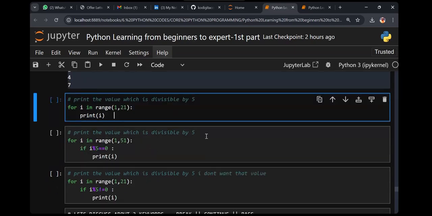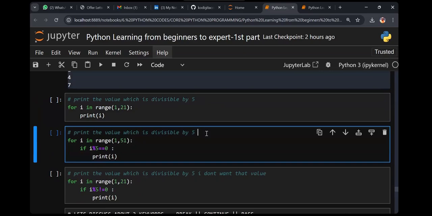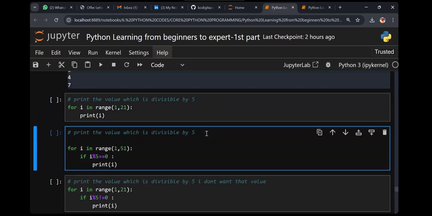So now we have learned if, right? We understood if else, and how to plug and play. Now I combine if inside my for to create a project. Listen to me. Print the value which is divisible by 5.